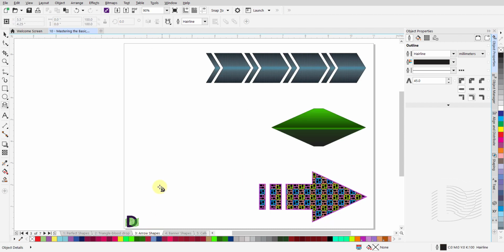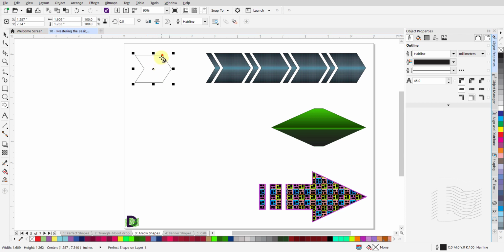Let us have a look at the arrow shapes group. Most predefined shapes contain only one glyph. However, there are some that contain 2 glyphs and some that contain 3 glyphs. From the polygon group set, click on this black triangle to open the sub-menu. From here, click on this icon for arrow shapes to select it. From the properties bar, click on this black triangle on the bottom right corner of the Perfect Shapes icon to open the drop-down menu. From this menu, click on the last icon in the second row. Left-click and hold and drag the mouse to draw the arrow shape.